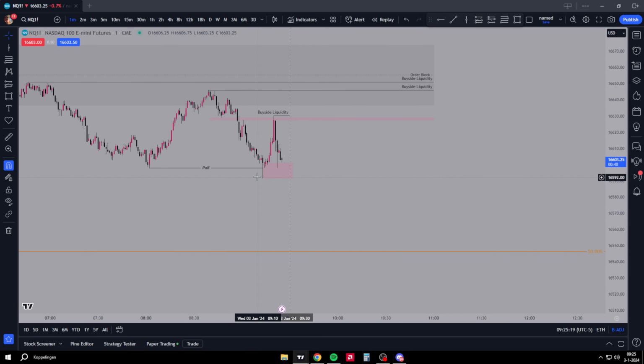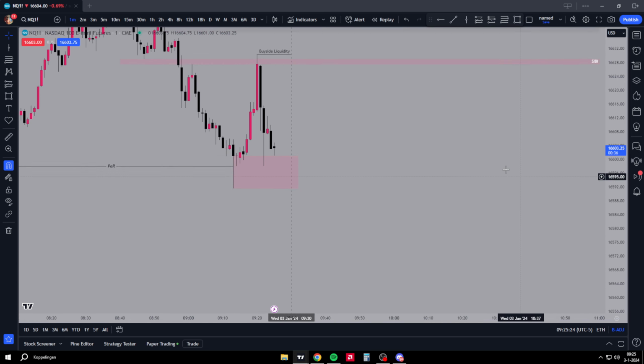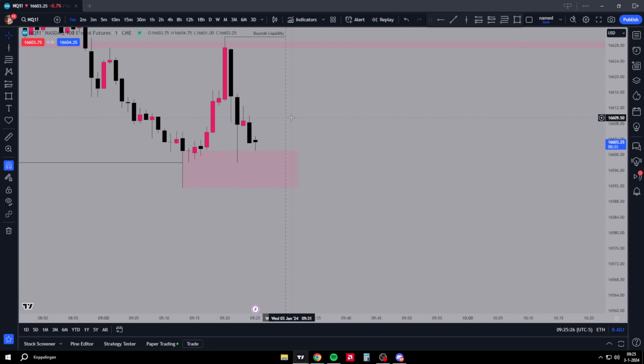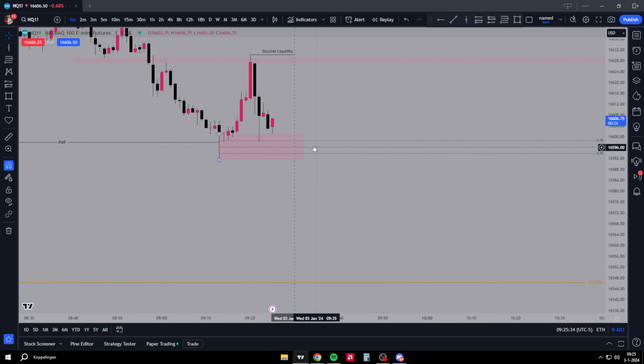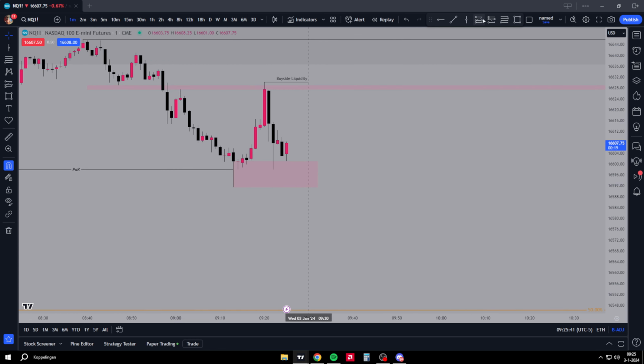But I don't want to see us go below this. I want to see us build up liquidity here. That's what I meant. And it's perfect actually, because we're already tapped into the first quadrant. And there's probably a setup right here. If we go to a seconds chart, there's maybe a breaker here or somewhere here. And then this would be the ABS, this would be the swing high, and then maybe there, I don't know, on a seconds chart or something.